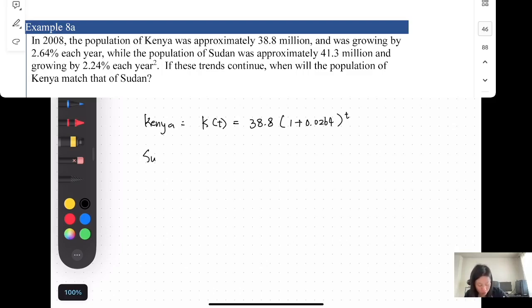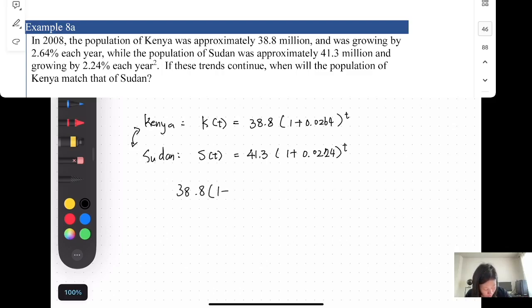So for Sudan, the model should be: the initial value is 41.3 million, and the growth rate is 1 plus 0.0224 to the t power. And if the trends continue, when would the population of Kenya match the population of Sudan? So that means when these two are equal, Kenya catches up with Sudan's population. So when these two are equal, I have the function